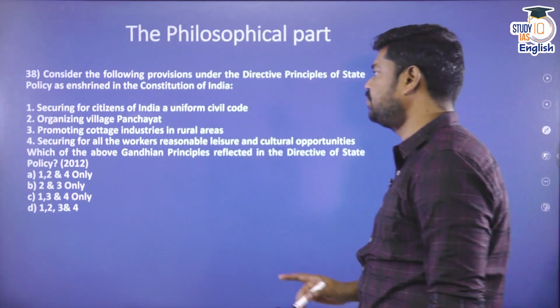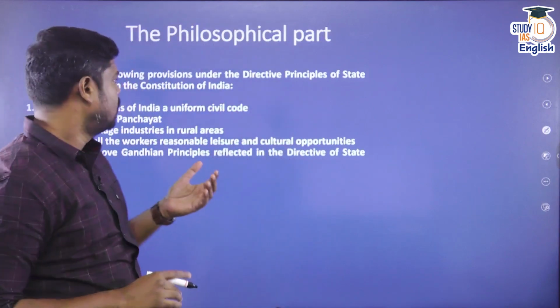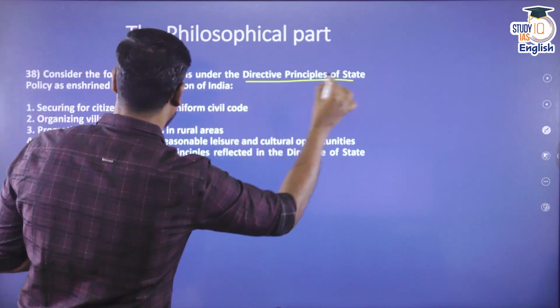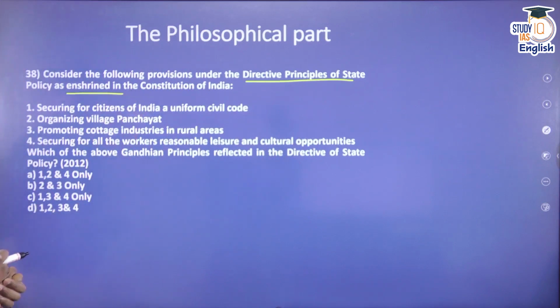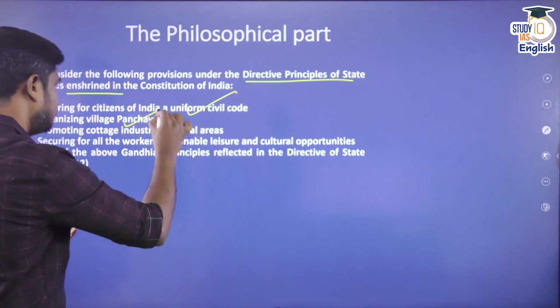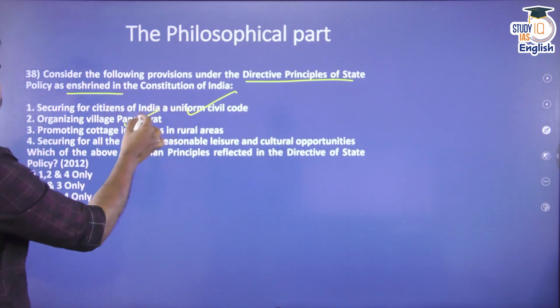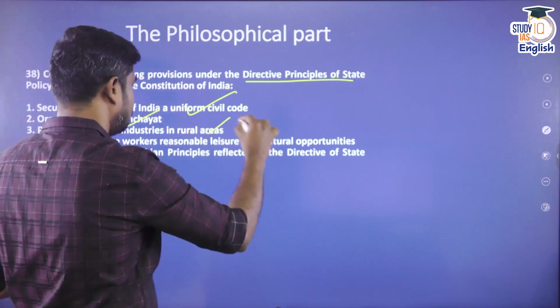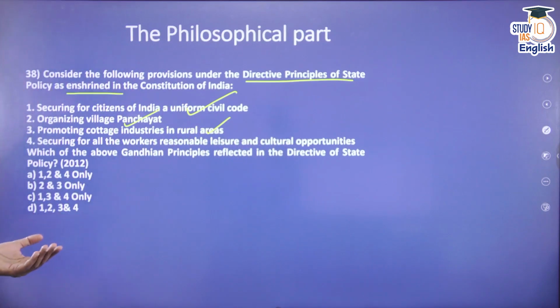Come to the next question. Consider the following provisions under the directive principles of state policy as enshrined in the Constitution of India. Securing for citizens of India a uniform civil code, yes, it is very much there under Article 44. Organizing village panchayat, this is a Gandhian principle. Protecting the cottage industries in rural areas, that is again a Gandhian principle. Securing for all workers a reasonable leisure and cultural opportunities. So, this is also true, which is also there in the